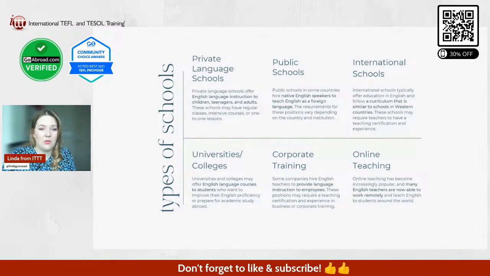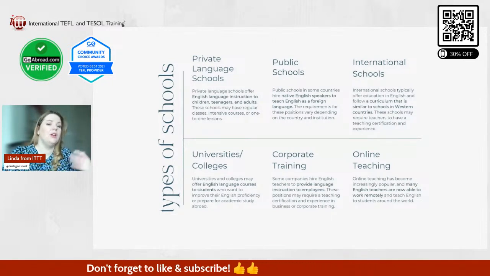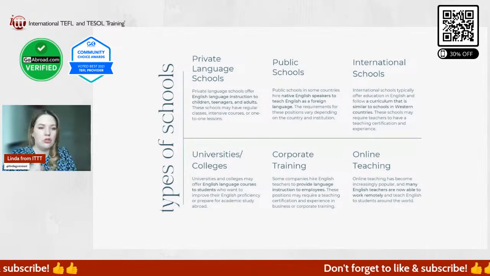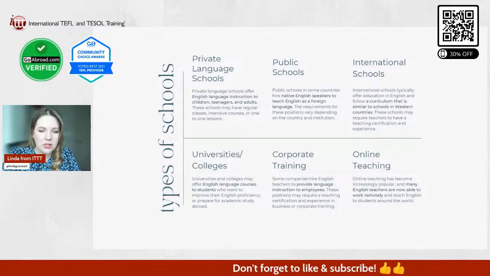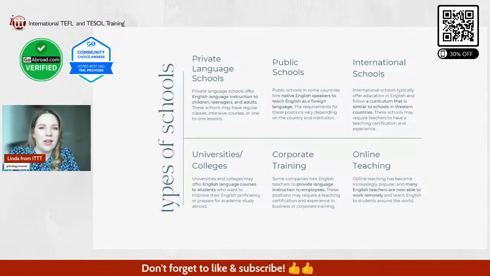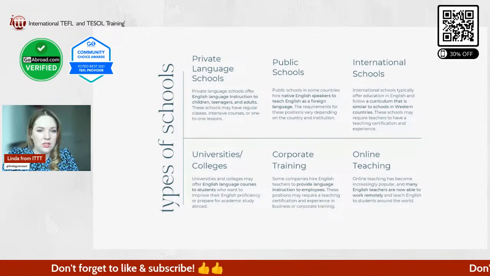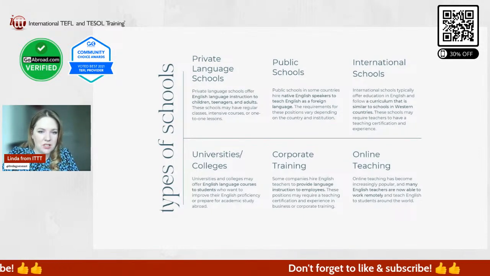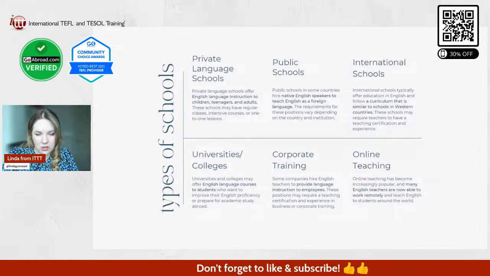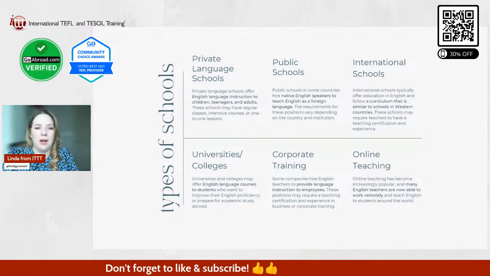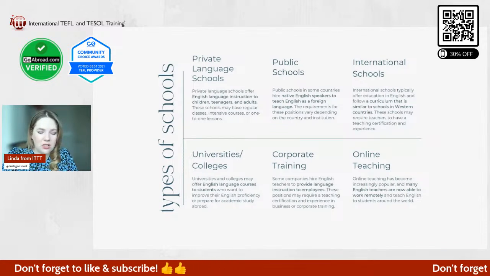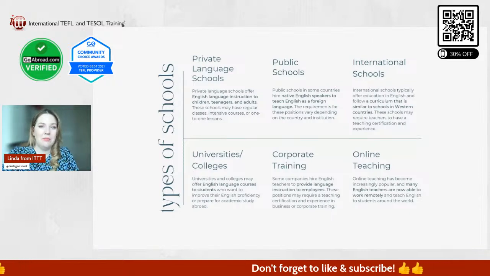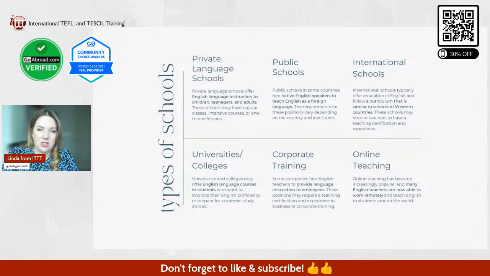And then the second one would be public schools, also very common. So usually you would choose between private school or public school. Those are the two most common ones. Public schools depend on the country whether they hire foreign teachers. In some countries they do that, and the requirements for these positions again vary from country to country. Some of them only hire native English speakers, for example. Some countries will have special programs where they place teachers into public schools.